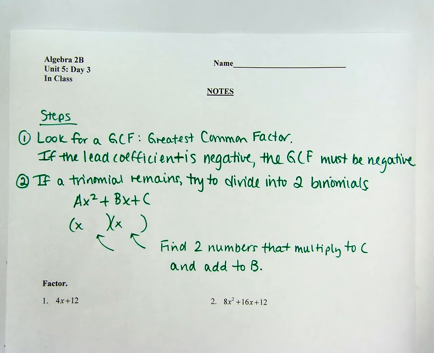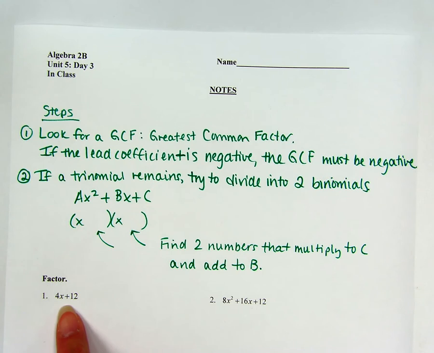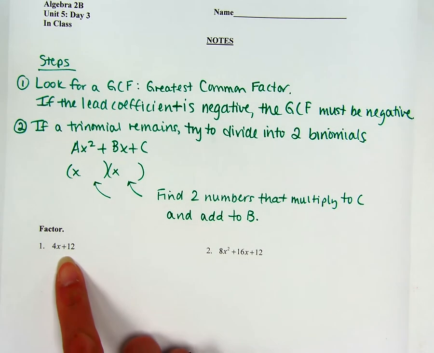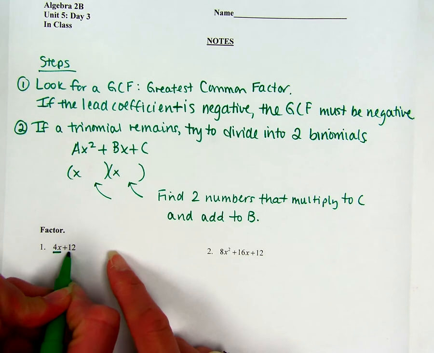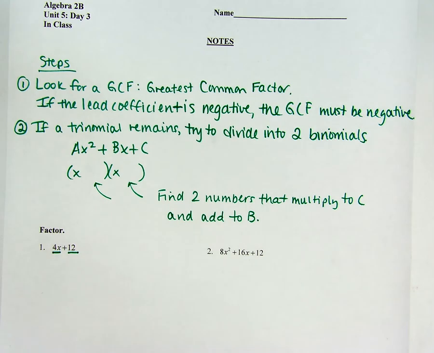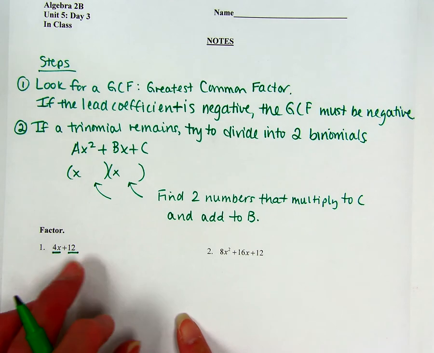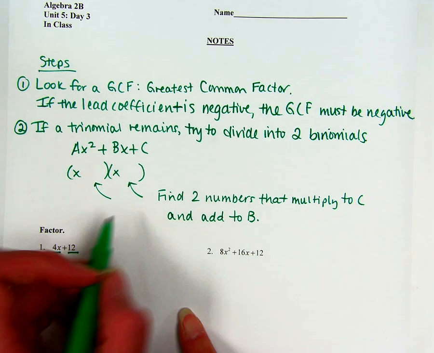So you can pause the video if you need to write down the notes, but we'll refer back to those in a minute. So the first thing you're going to look for is a greatest common factor, which could either be a number, a variable, or both. So in problem number 1, it says 4x plus 12. We're going to see if we can divide both 4x and 12 by either the same number or by a variable. So you can divide them both by 2,